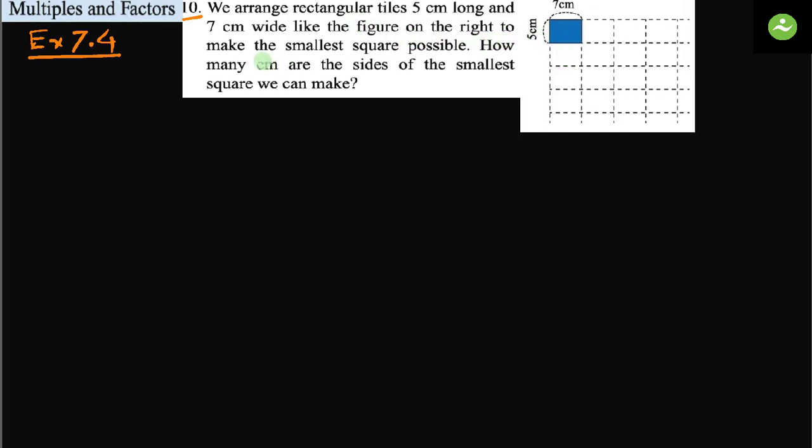On the right, to make the smallest square possible, how many centimeters are the sides of the smallest square we can make? We have to arrange these tiles one after another and make a square. And we know a square